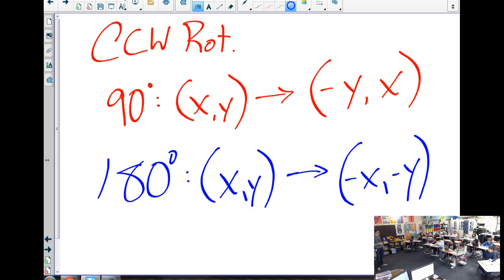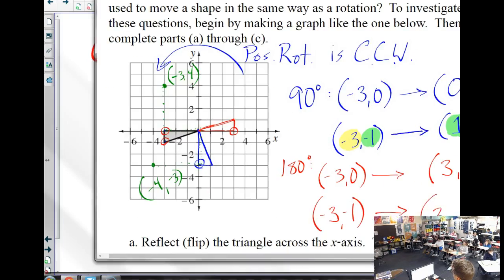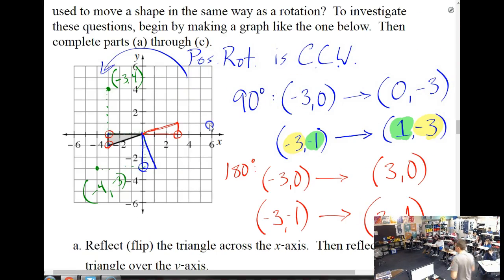What about 270? If in a 90, we swap places and take the opposite of y, without testing it, what do you think will happen with a 270? Braylon? I agree. So I said if we make one more of these, we'll have a cool little pinwheel. Let's do that. So if I rotate this 90 more degrees,